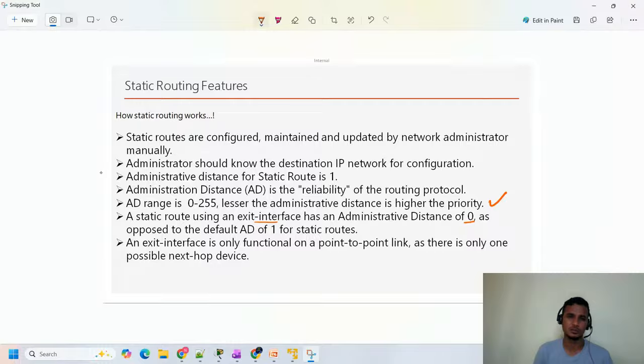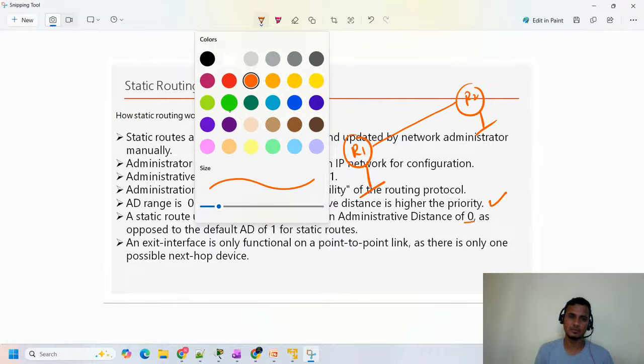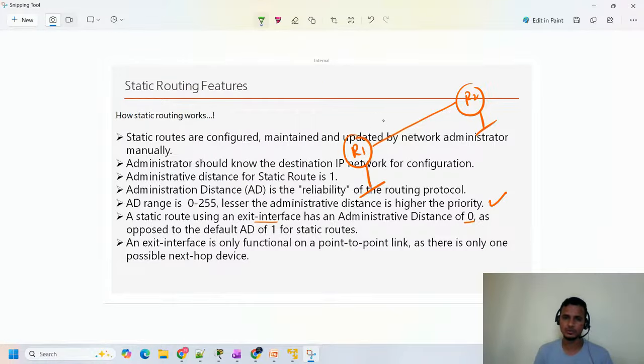This is a very important point. I know a few of you know about this and a few of you don't. Whenever you are going to configure a static route, we'll draw the topology. So if you are going to configure the static route between R1 and R2, here we have a 1.0/24